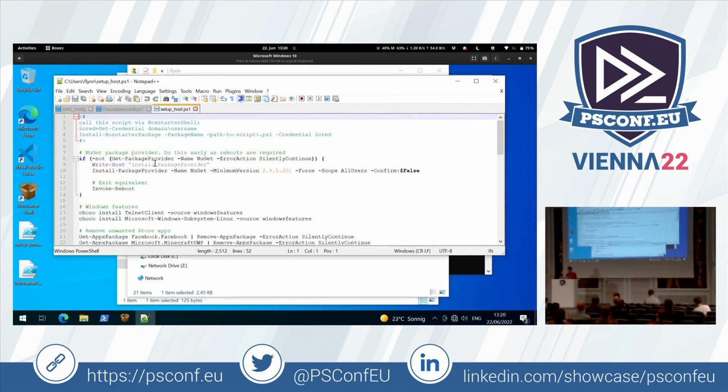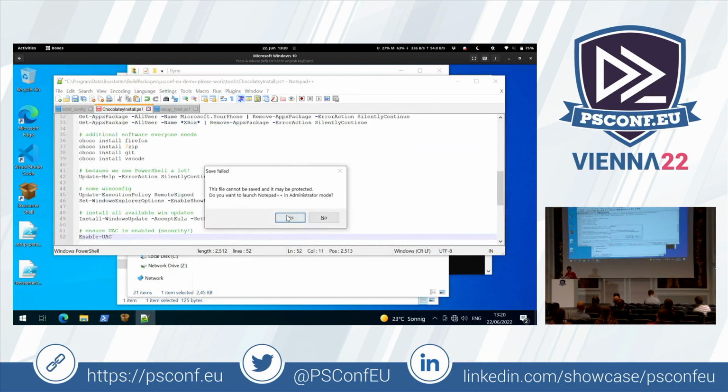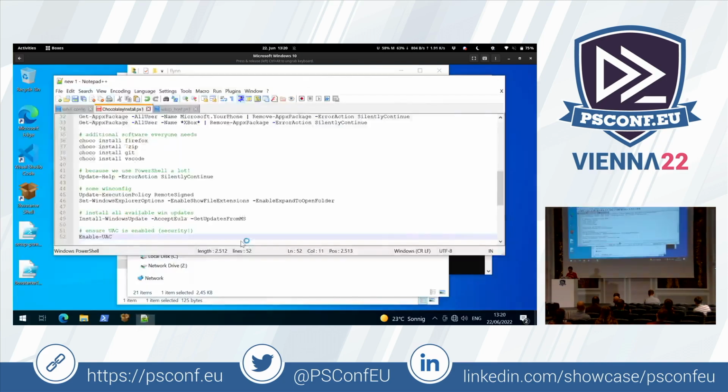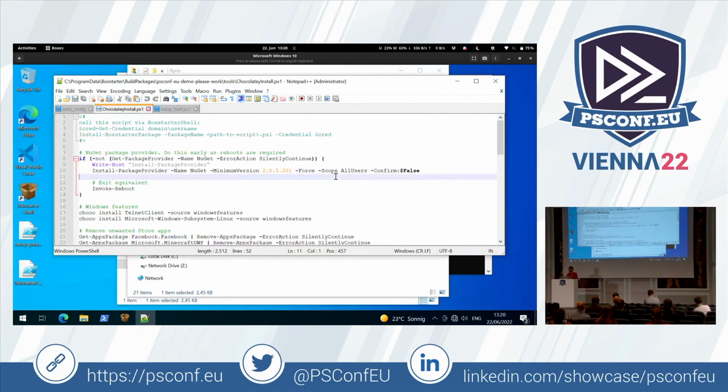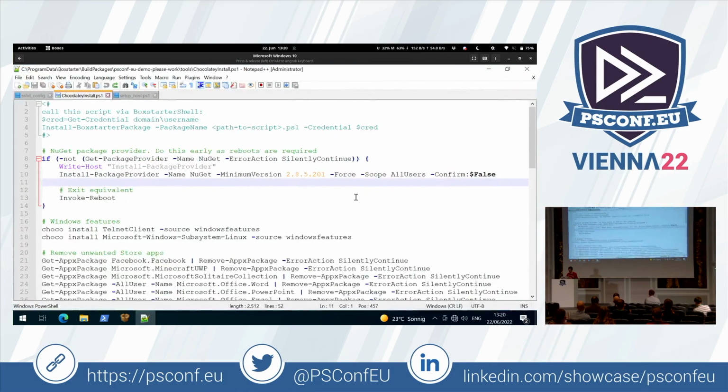There's a setup host script, and I'm just going to drop that content in there. Please, admin, please. Yep, it worked. Okay, so what's this doing? Maybe make it a little bigger. There's a bunch of stuff in there, like removing unwanted AppX packages, installing some Windows features, and also